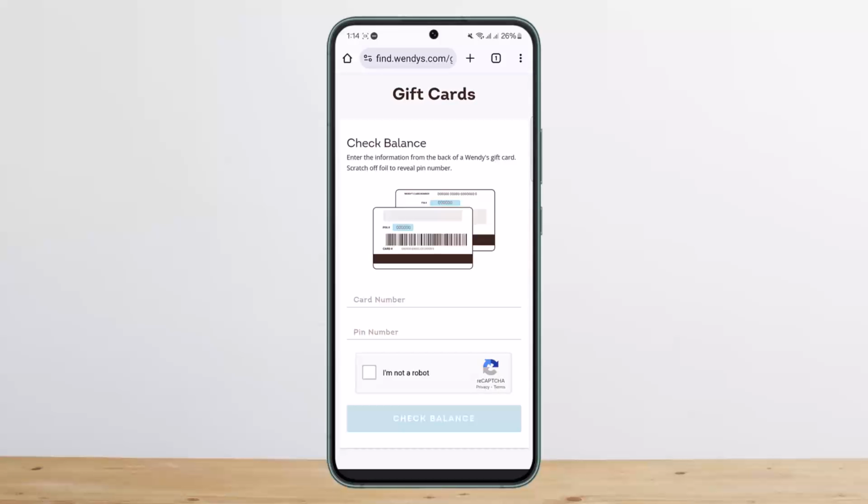Today I'll guide you on how you can add Wendy's gift card to the app. Now the process itself is actually quite simple and quite easy, so let me guide you through. In order to add or redeem the Wendy's gift card on the application is quite simple. What you have to do is simply open the application and log into the account or sign into